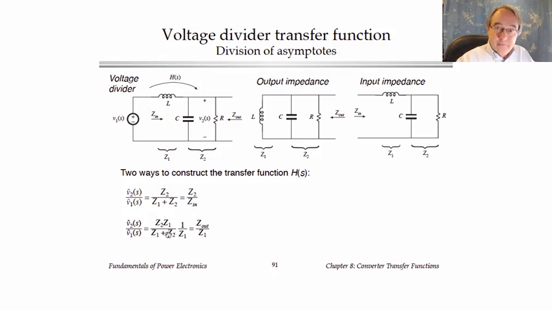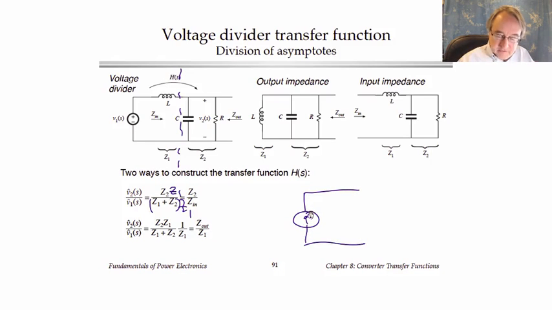Another way to do it is to express the transfer function in this way. You could, for example, multiply by Z1 and then divide by Z1 and write the transfer function like this, and you recognize that this Z1 Z2 over Z1 plus Z2 is the parallel combination of the two impedances. Yet another way to look at that is to take the input source and Z1 and construct a Norton equivalent circuit. So the input source